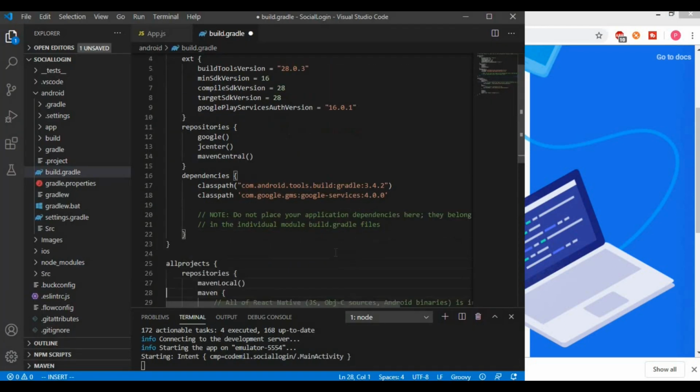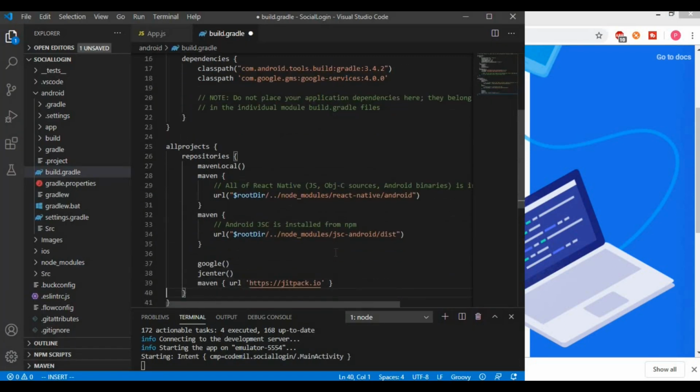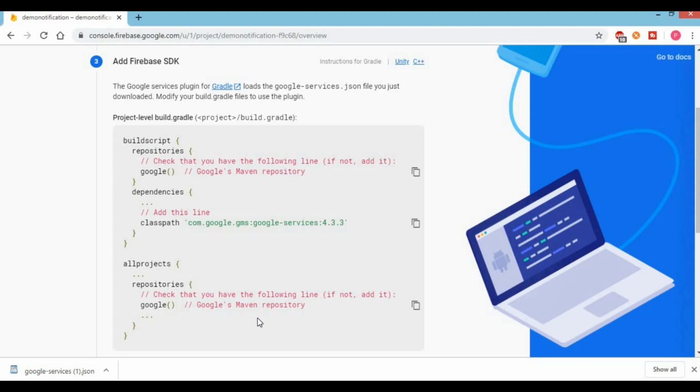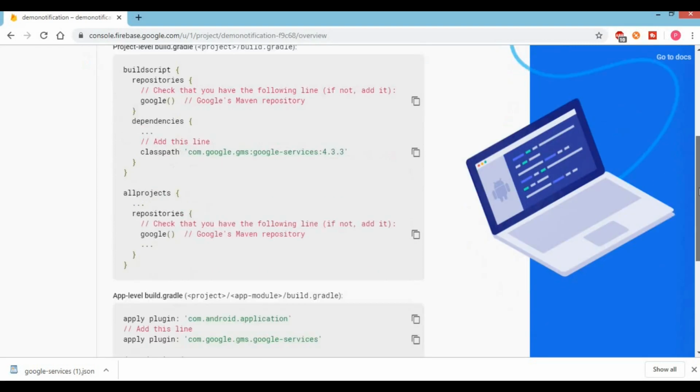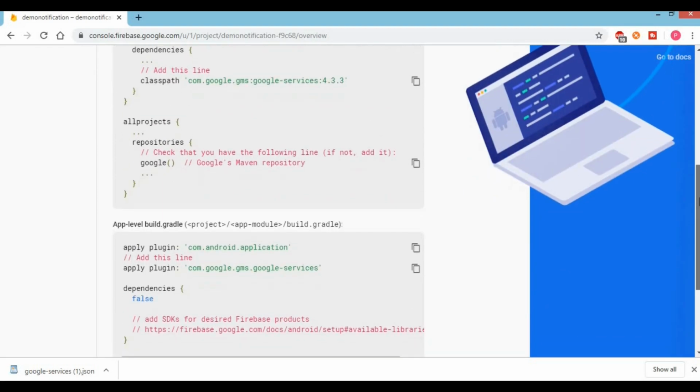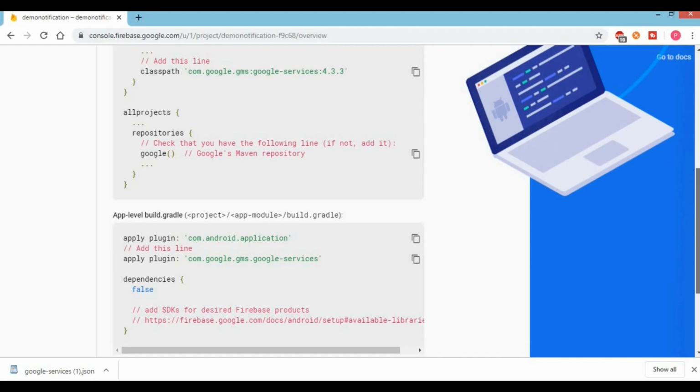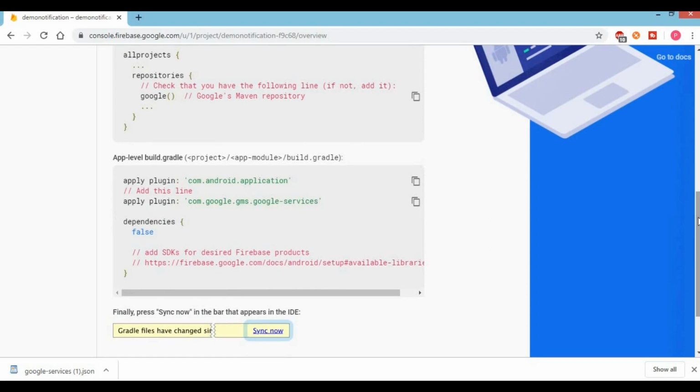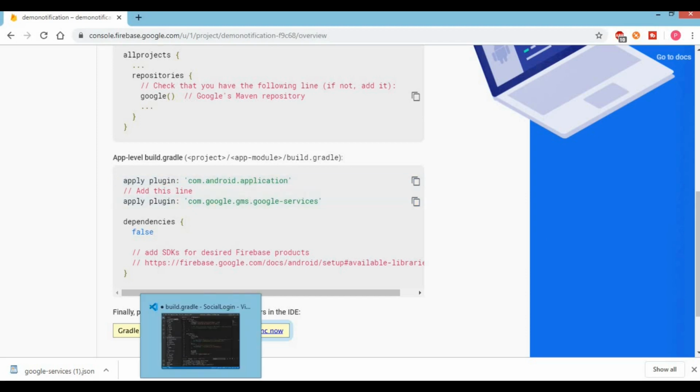Now check in all projects that Google is present or not. For that, go to android and then the app folder and click on the build.gradle. Remember, this Gradle is for app, not for the project. Now check if the apply plugin for application is present or not.